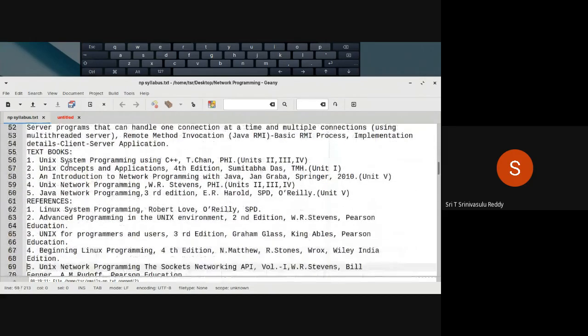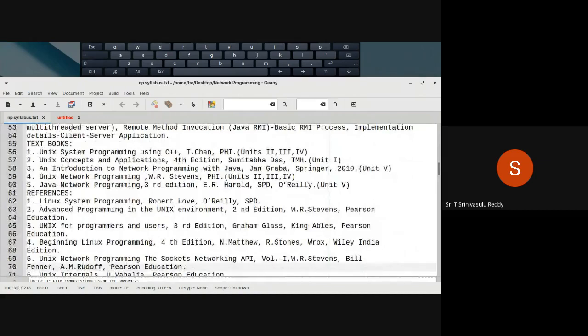Books and all, I will try to share even PDF books. You can also search and get to know. These are the textbooks prescribed, but it doesn't mean that only these books we will be following. Some idea is also given about what the units or chapters in our syllabus are, and which books are going to be helpful to you.